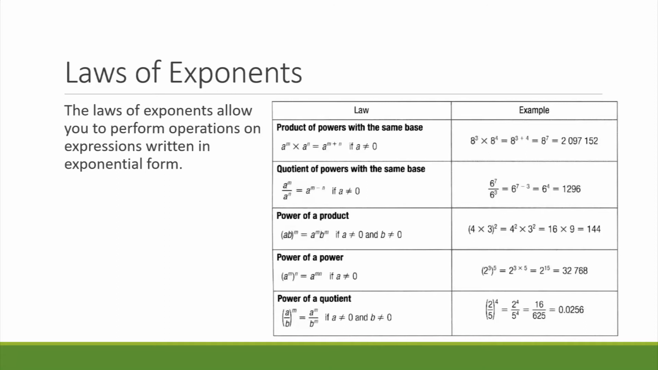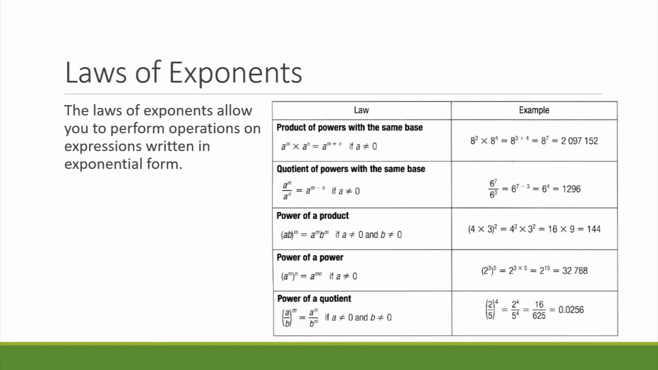If you have an exponent on a product where two numbers are being multiplied together, so you've got a times b, all of that raised to the exponent m. That can also be written as a to the exponent m, b to the same exponent m, if a is not equal to 0 and b isn't equal to 0. As an example, if you've got 4 times 3 squared, that's equal to 4 squared times 3 squared, which would